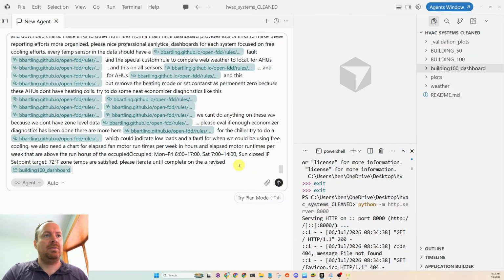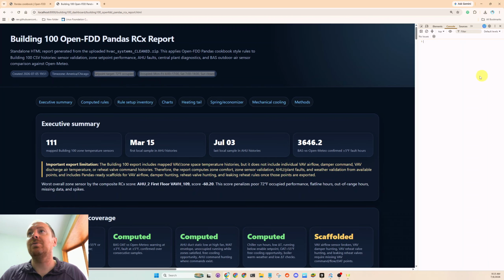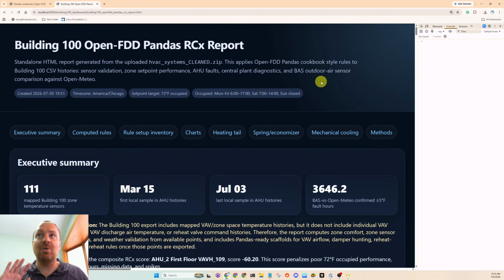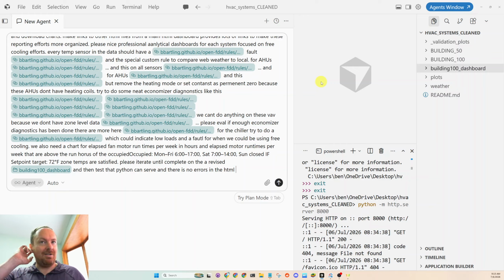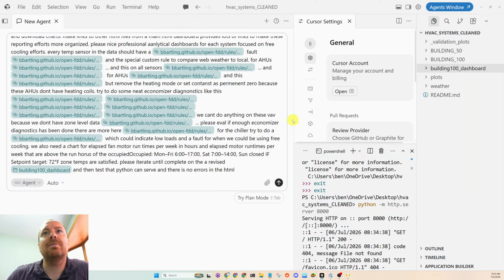Revised dashboard, and then test that Python can serve it and there are no errors in the HTML. What I mean by that is there's no developer tools, no JavaScript errors here. So I'm going somewhere with this. I'm just going to hit enter here, and then what I have running here, VS Code settings,